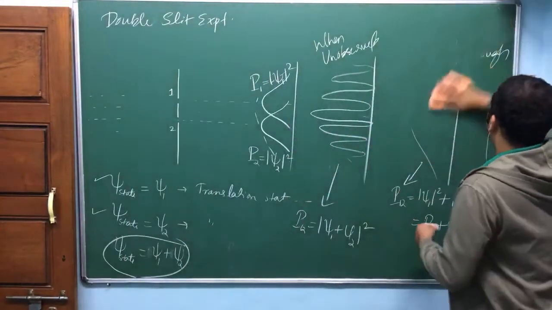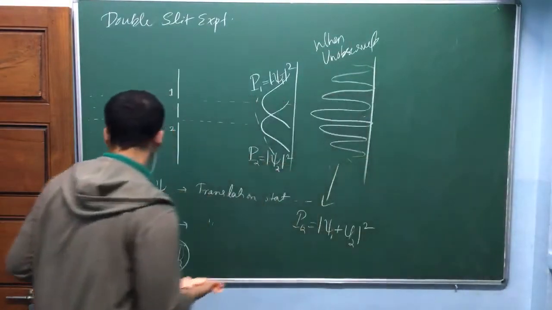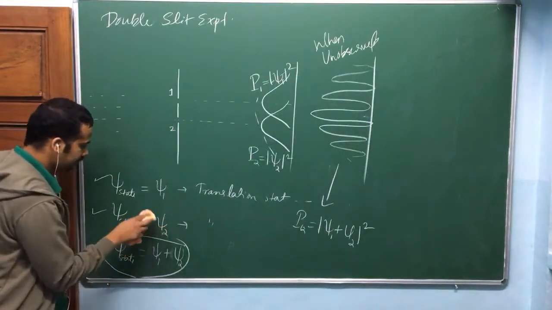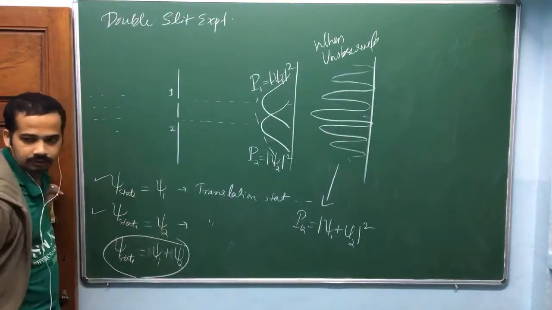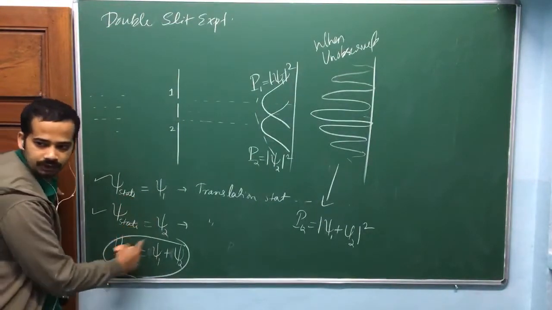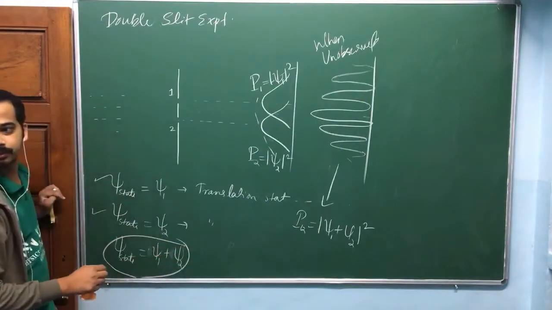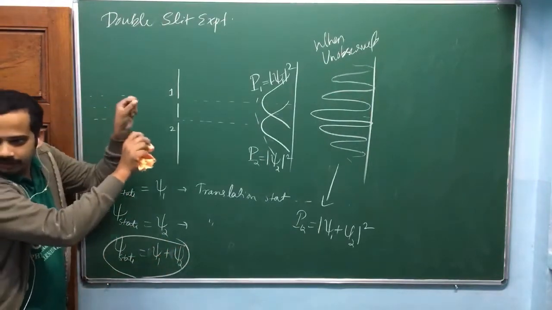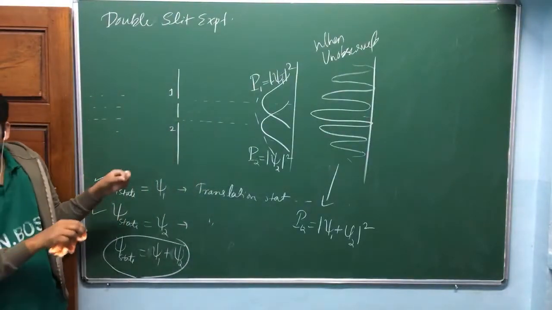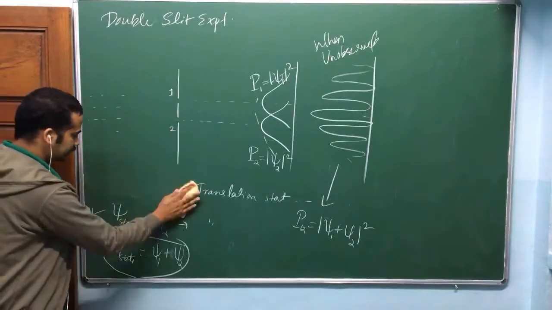So when you observe, this would happen. I'll try to put this into notes. The state of the particle can be psi1, the state of the particle can be psi2, the state of the particle can be psi1 plus psi2. If you do observation, you will get these two. If you do observation of which slit it is passing through, this will not be manifested. You will never observe the electron passing through both slits, or the electron splitting into two at both slits. You will not observe any of this.